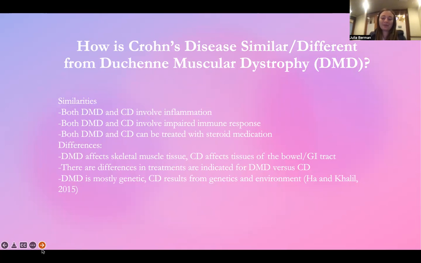And then in Crohn's disease, there should be a gastroenterologist, a geneticist, perhaps a nutritionist to focus on the lifestyle changes and nutritional needs. Also a physical therapist and social worker can be helpful in the multidisciplinary care for Crohn's,